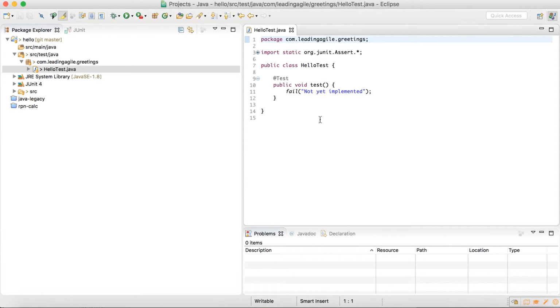Eclipse generates a little bit of helpful boilerplate code for us. It adds an import statement for the JUnit assertion library, and it includes a default test method we can use as an example. That's right here. So let's mention a few clean code points that this class raises. First, we have an import with a star. Most Java developers would prefer that we import just the specific items we need, but we'll leave that as it is for now. This is a static import,